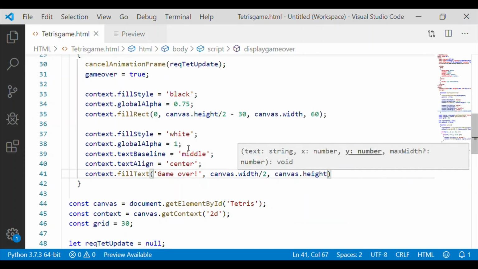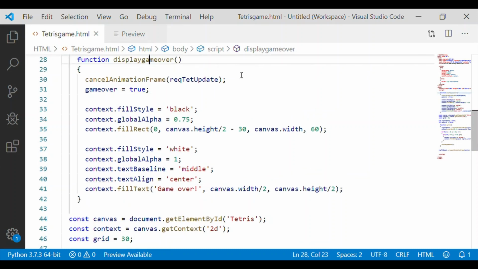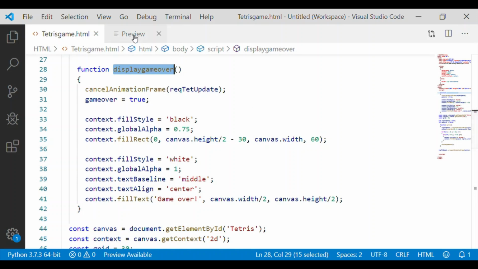We'll walk through this display game over function. First it cancels the animation frame, then we give the rectangle black background on which we will write the text game over.